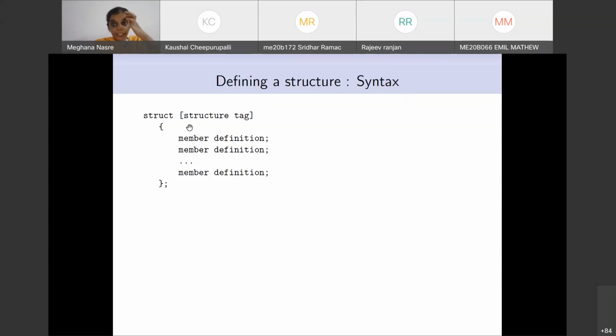Okay, so I'll repeat. Structures allow us to define user-defined data types, and we can have a collection of things together, which allows us to define a coherent structure or an aggregate data type, which will have the following syntax. That is, you have this struct keyword. You have the name of the structure, which is called the structure tag, and the different members that you want to have inside the structure. It clearly depends on what it is for which you are defining the structure.